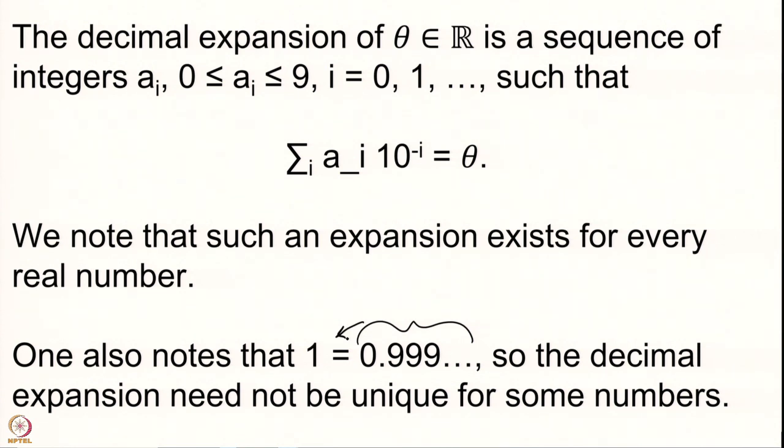So, whenever you have a finite decimal expansion, you have another decimal representation for the same number involving some sequence of integers ultimately ending with 9s. So, if you have the earlier example that we had taken, if the last number was 3, then that 3 can be replaced by 29999. So, 0.3 is equal to